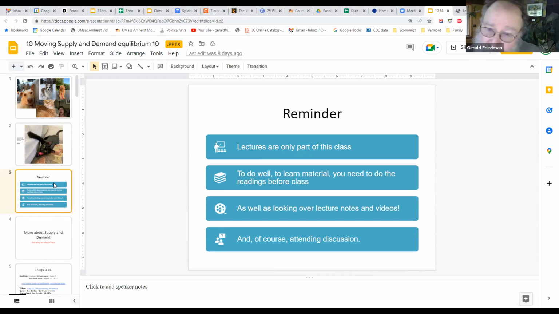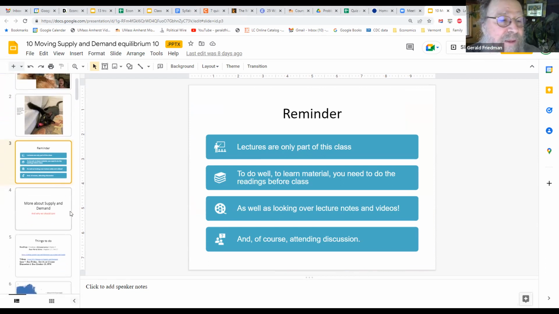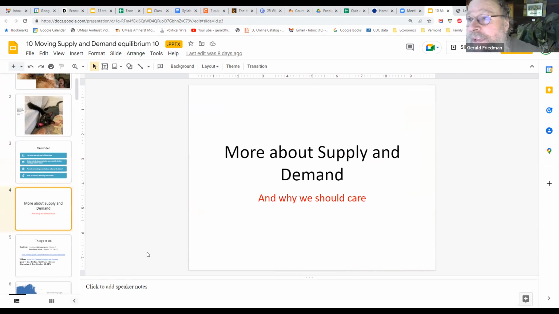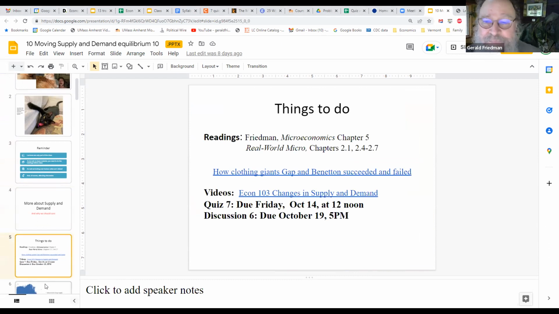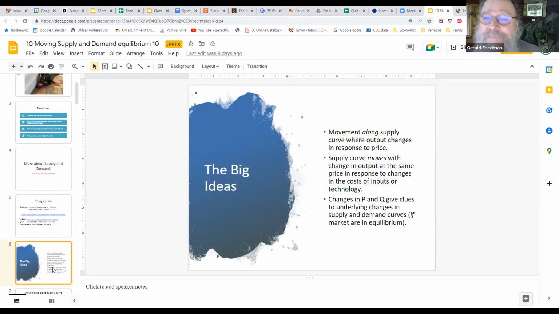Reminders about how to do well in the class. And we're going to talk about supply and demand. More about supply and demand, things to do, including an article that I found very interesting about Gap and Benetton, videos, etc. Okay. Big ideas, movements along the supply curve where output and price change, or output changes in response